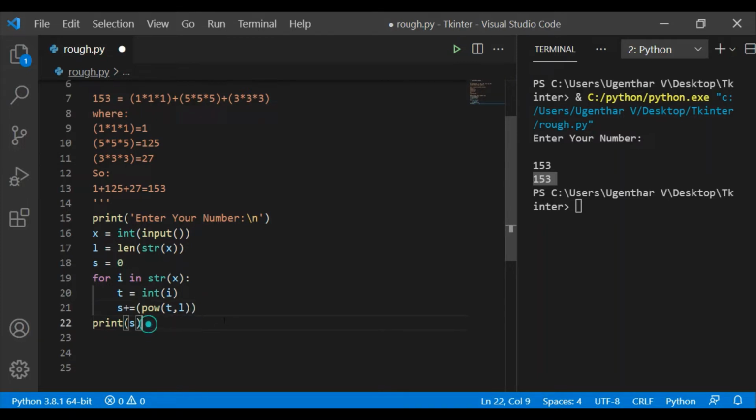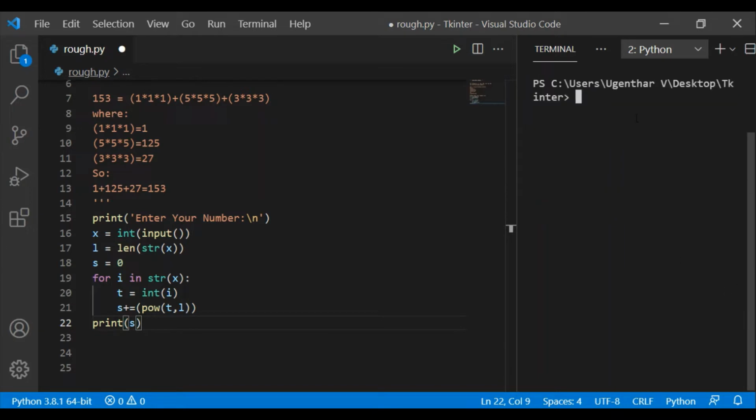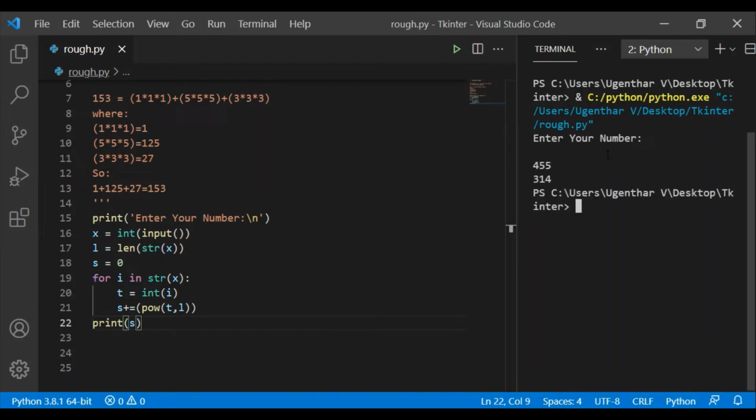Or else we can check with another input, like 455. But see, the output varies. This means this is not an Armstrong number.